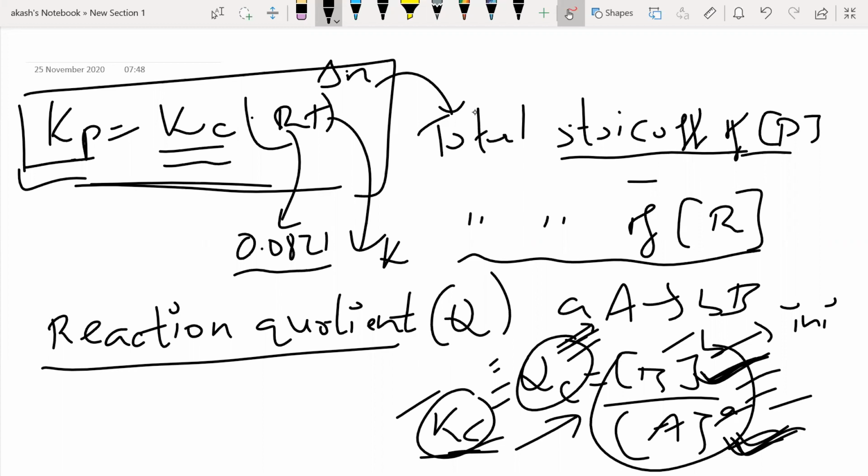Now QC value will keep on changing, right? Initially you will have some concentration. After 10 seconds, you'll have some other concentration. Again, at some other time, you'll have some other concentration. So accordingly, my QC value also will keep on changing. Okay, right? Now, how am I going to predict? I'm going to predict whether the reaction is going to move forward or backward by comparing these two, that is my QC value and KC value. I'll be able to compare which one is higher, and accordingly, I'll be able to say that the reaction is going to move forward or backward, by comparing the value of QC and KC. That's what I'm going to do.